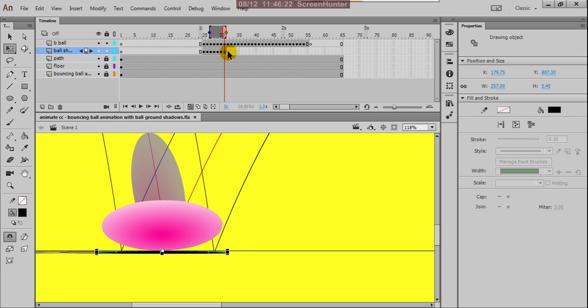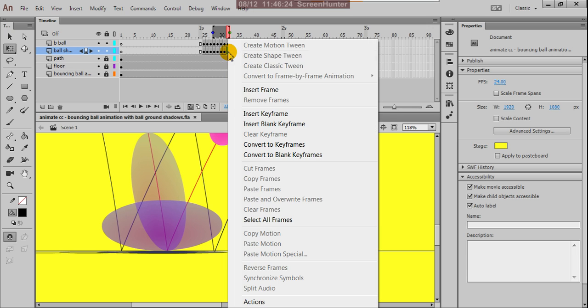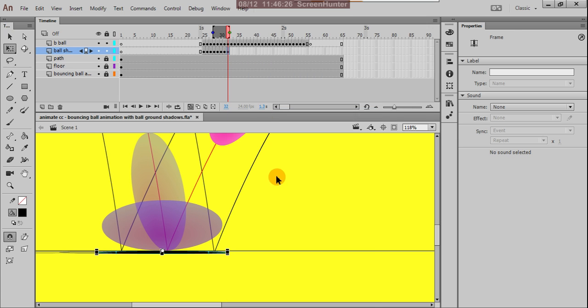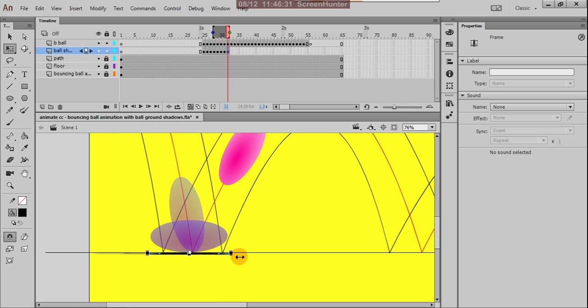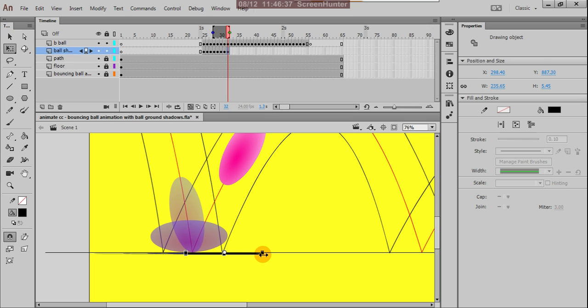Control S and right click and insert keyframe. Okay, so you move this along with the ball and reduce this size a bit.